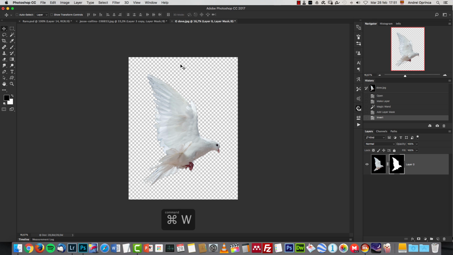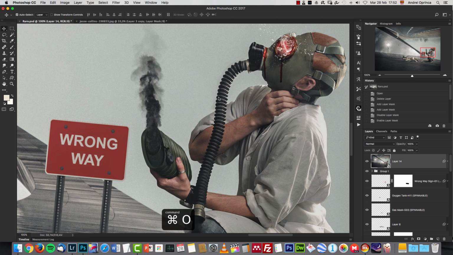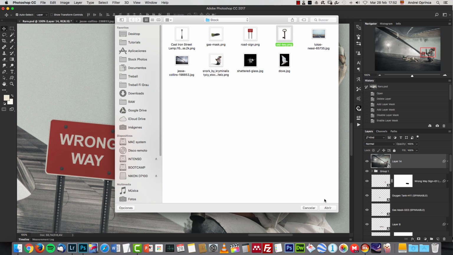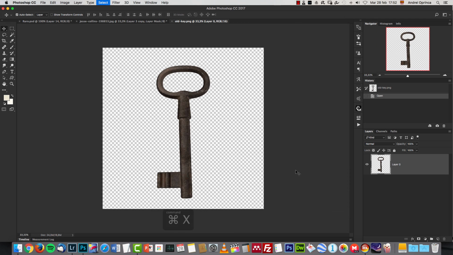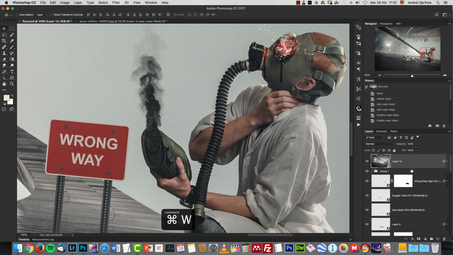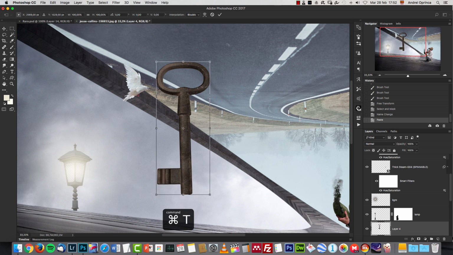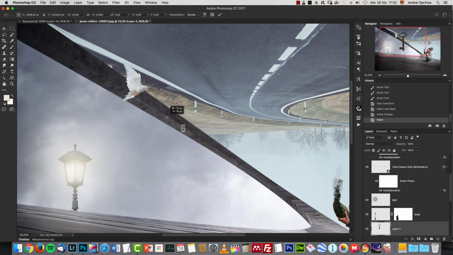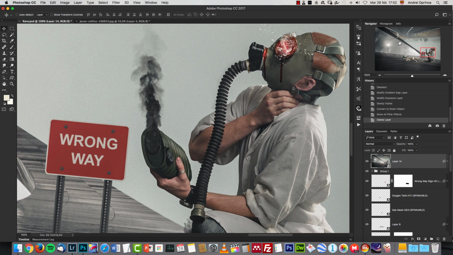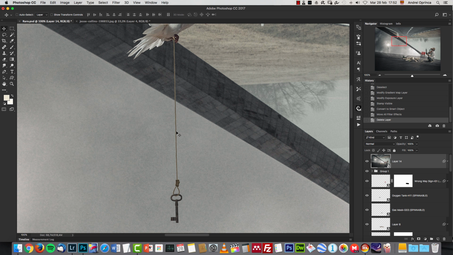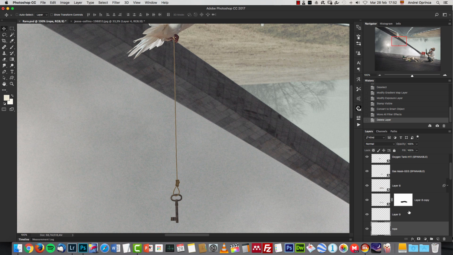The key, I think I got it from Pixel Squid, and it's here on the stock folder. It's this one, and let's paste that here and make this a lot smaller, something like that. And the rope, I just googled some images and I duplicated the rope to make it longer, and that's it. I'm gonna move this from here